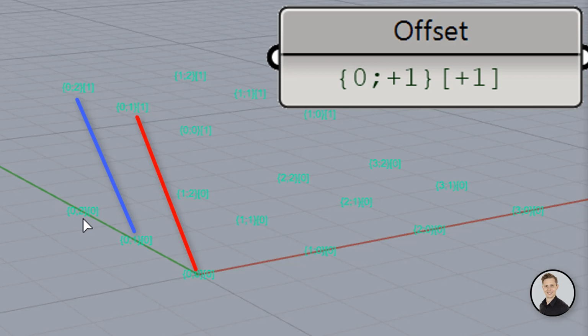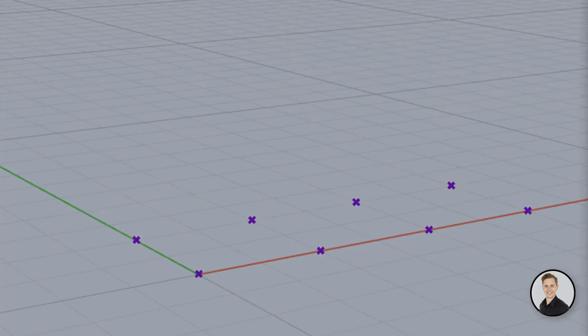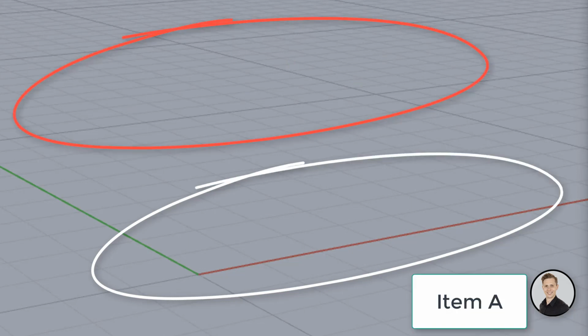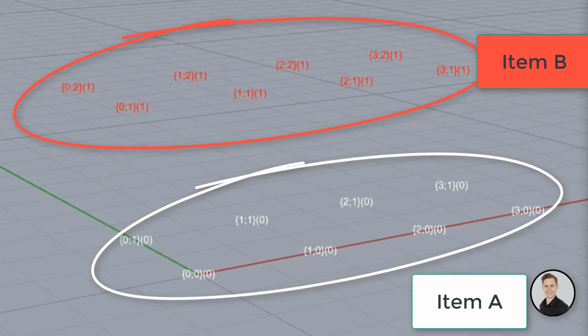And in this case, it's impossible to find a partner for these elements, because if we add 1 to the first branch, we will get 3, and we don't have 3 in our first branch. So the solution for this example will be 2 rows from the first level and 2 rows from the second level. The first one will be output as item A, and the second one as the output item B. To visualize that I will connect all the points in the first level with the partners on the second.